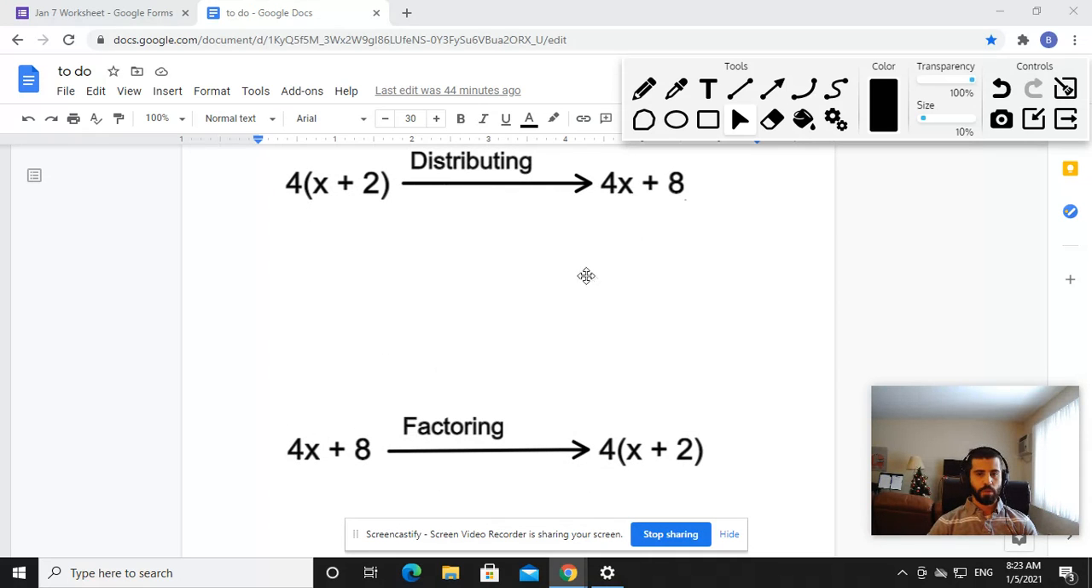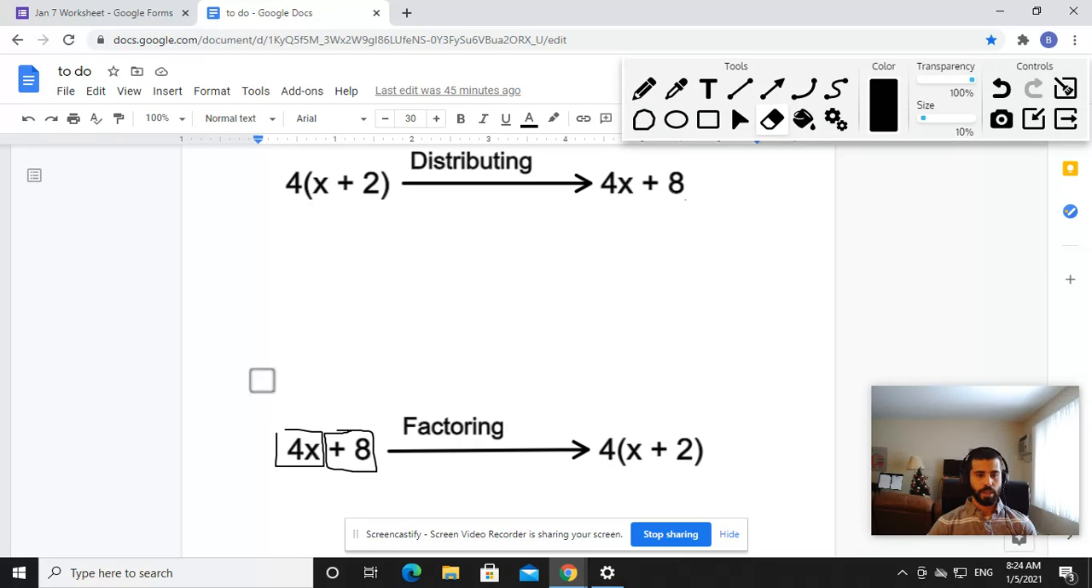Now, what you do here to refresh your memory is we ask ourselves, what can both of these terms, 4x and 8, what can they both be divided by? Well, you could divide them both by 2, but we're looking for the greatest common factor. And they can both also be divided by 4, which is a greater number, and that's what we want to